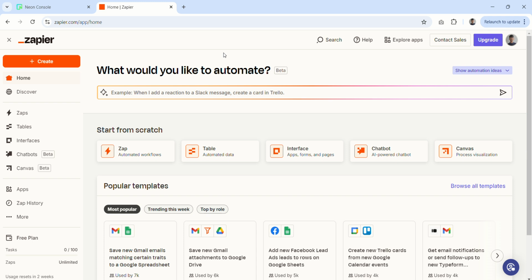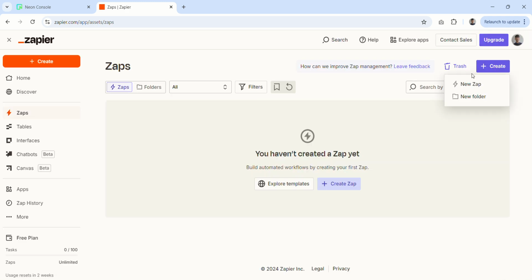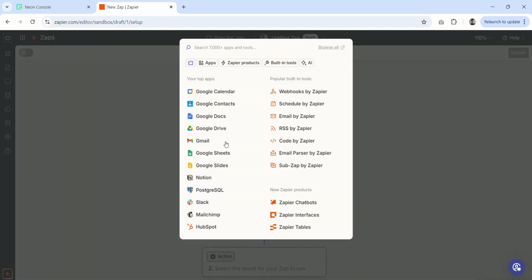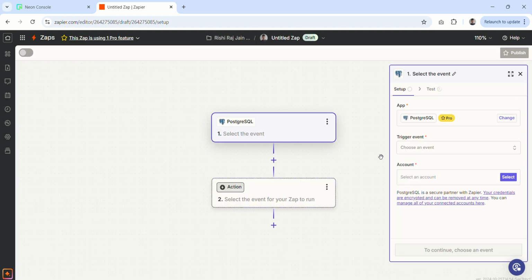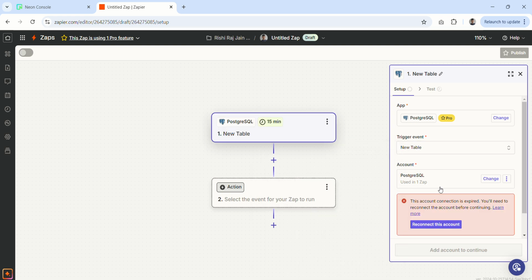Let's begin with creating a Zap. So we go to Zaps and we press create. We'll create a new Zap. And first we have to define a trigger. So we click trigger and then click Postgres. Once that's done, we choose an event, which is, let's say we are adding a new table, and then